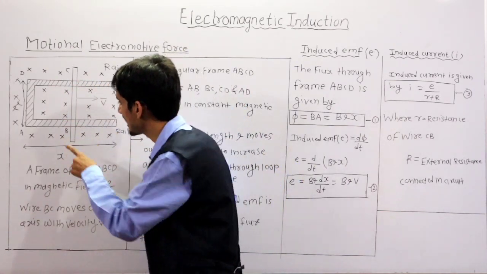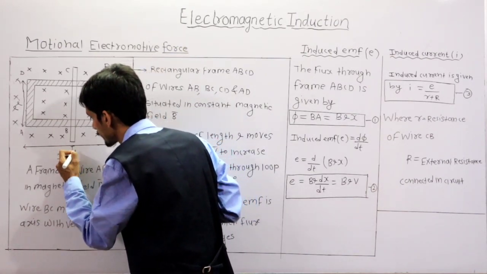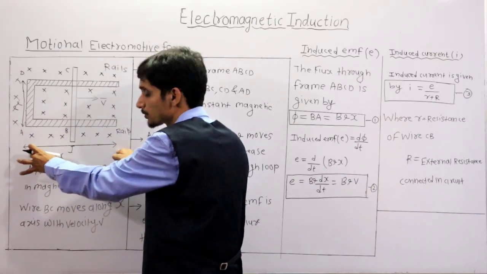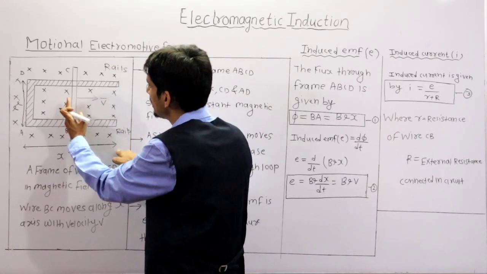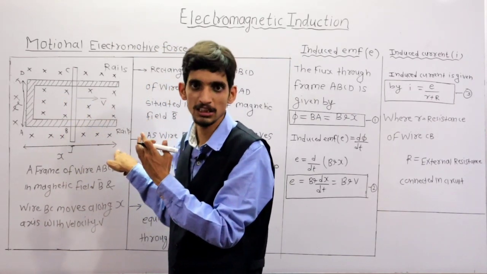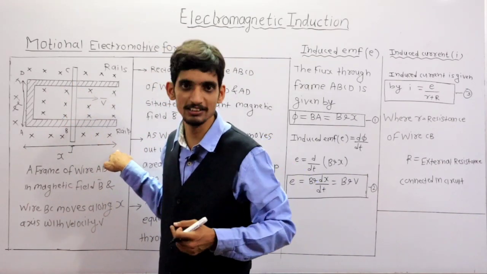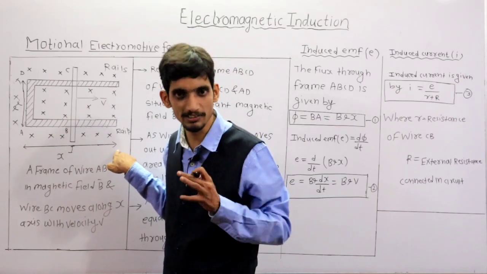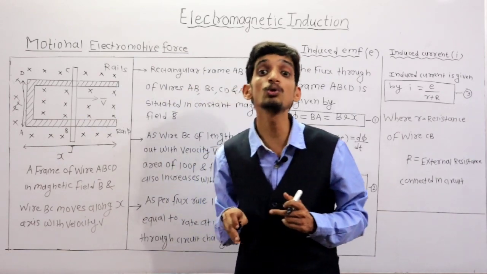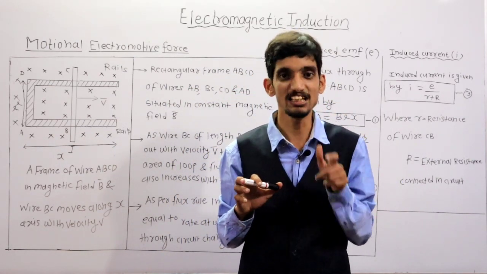Now this rod is at this position, and I am moving this rod towards the right side, so definitely the magnetic flux increases. Why? Because this x increases. So if I move this rod towards the right so that it accommodates this total distance x, it can cover the maximum number of field lines, so that it is associated with the maximum amount of flux, due to which an EMF is induced according to Faraday's law. This is the concept of motional EMF in EMI.